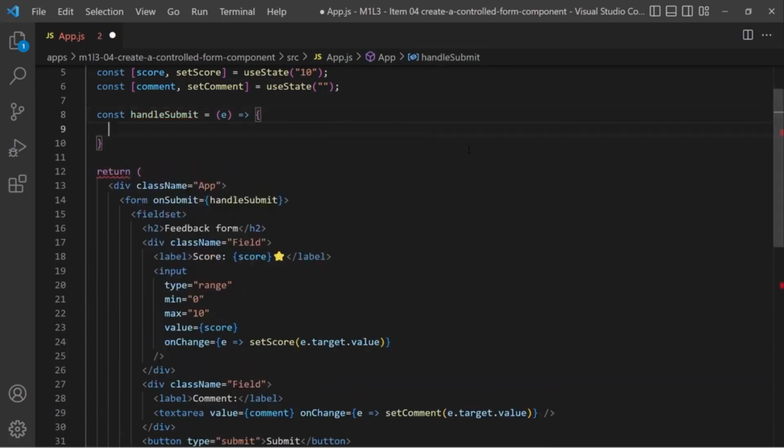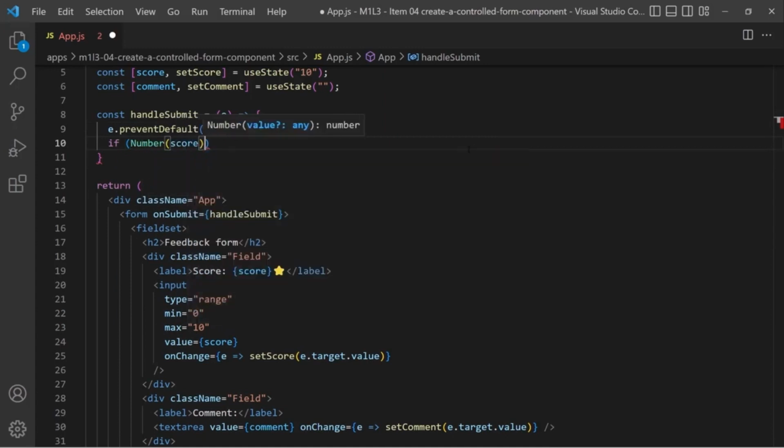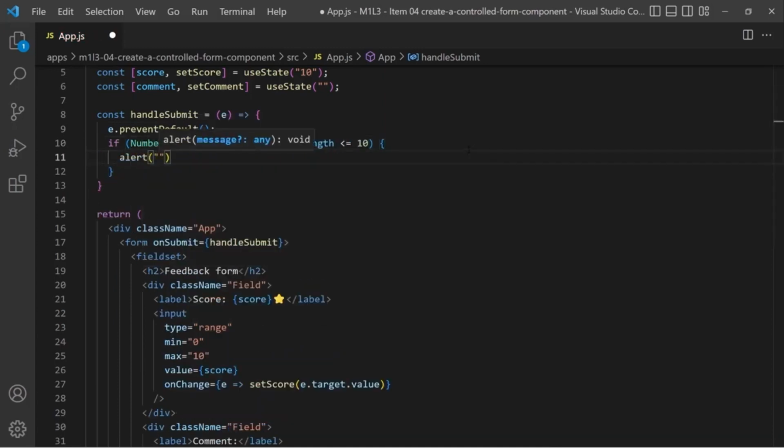For that, I'm going to use the onSubmit callback on the form component. I will call prevent default first to avoid the default HTML form behavior. Then I'm going to write an if statement to check if the score is equal to or less than 5 and the comment has less than 10 characters. If that's the case, I will show an alert to inform the user about the requirement and return from the